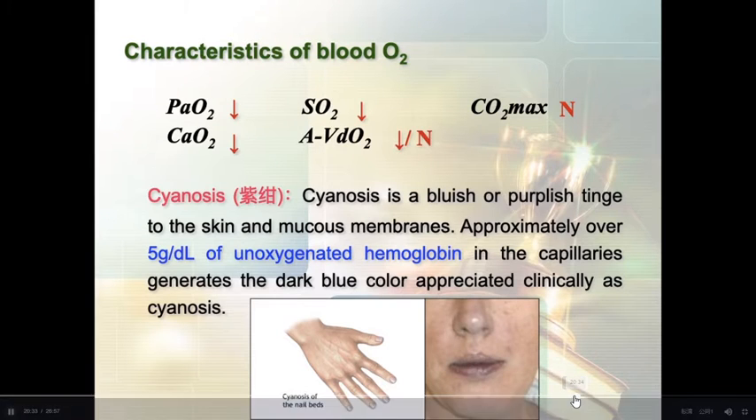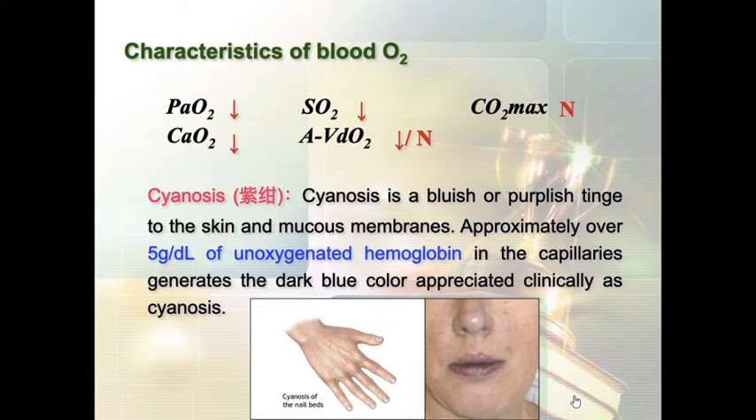Blood oxygen in patients with hypotonic hypoxia. Cyanosis is one of the symptoms that can be observed along with the changes of the parameters. In hypotonic hypoxia, the partial pressure of oxygen in the artery will drop because you don't get enough oxygen in your circulation system, and the saturation will drop, and the capacity